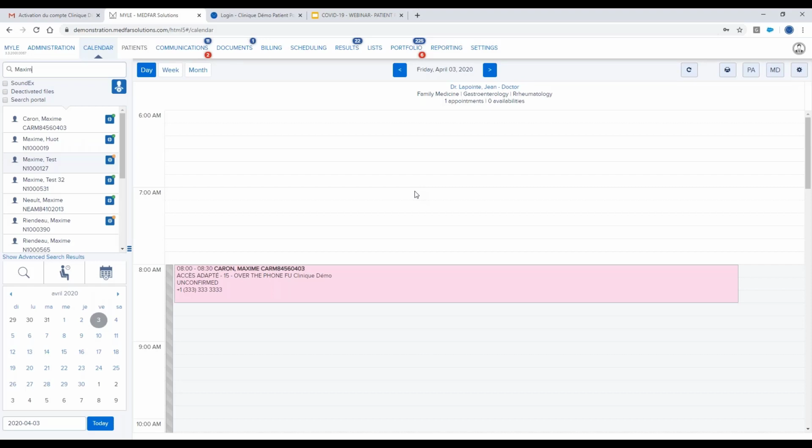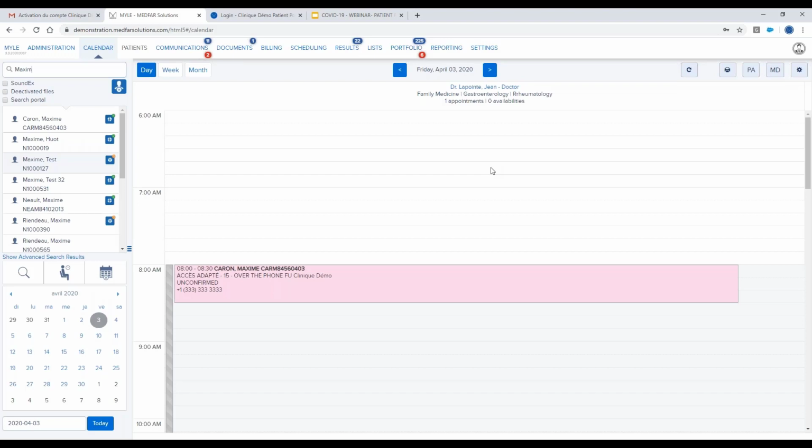Second method is to invite patients to go on the login page of the portal and create themselves their account. You can do that in different ways. You can, of course, if your clinic has a website, take the address of the portal and put it on your website and invite your patients to go on your website, go into the account and create themselves an account. That's one method. Another method is to